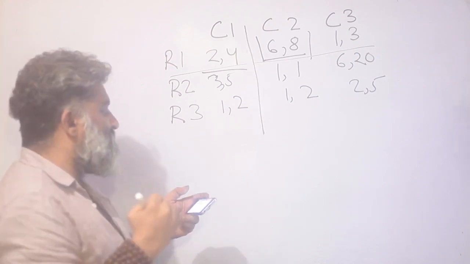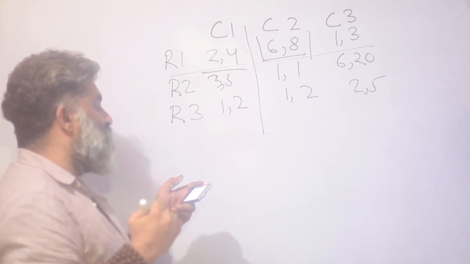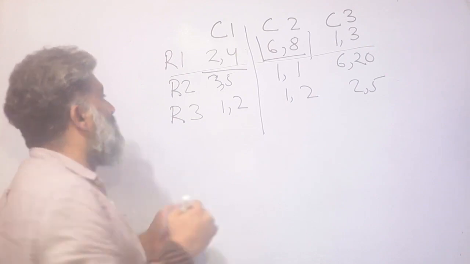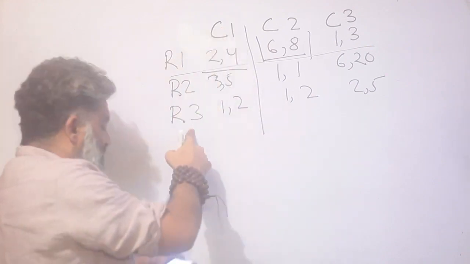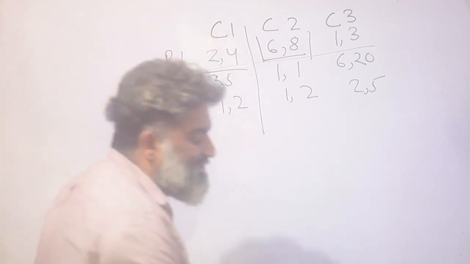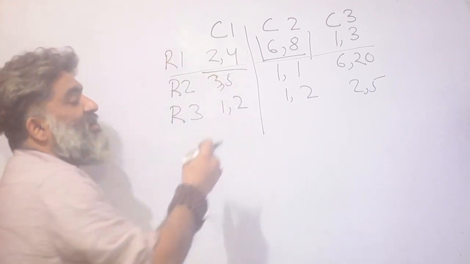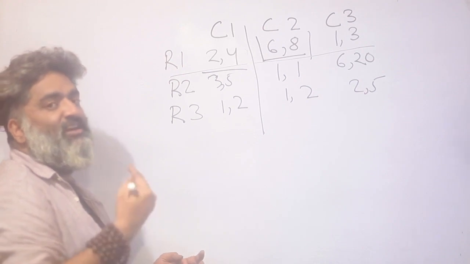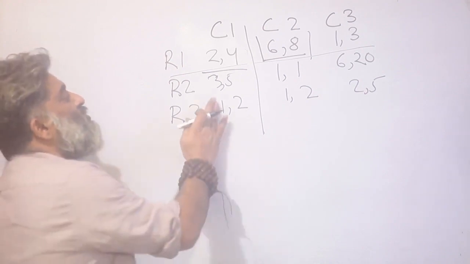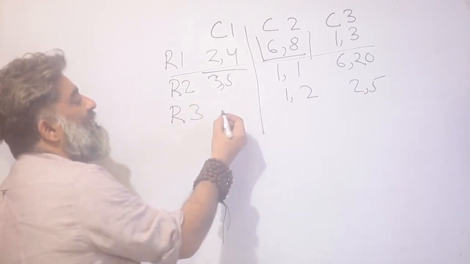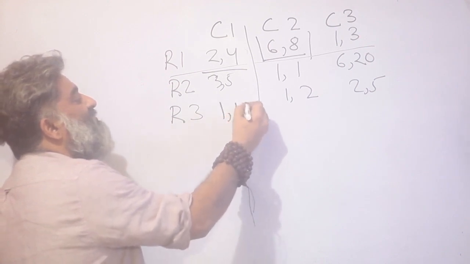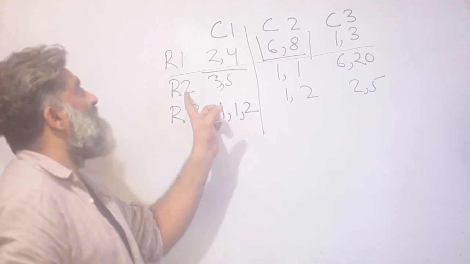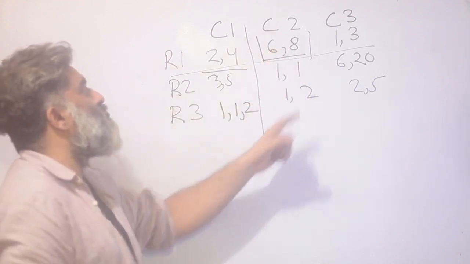And there was another small piece. It is also known that the total amount of money kept in the 3 pouches in the first column of the third row, the total amount was rupees 4. 1 and 2, 3 is already accounted for, but the total amount is 4. That means the third pouch must have had 1 rupee. So for this slot of the grid, I know the values are 1, 1 and 2, and I have the whole picture.